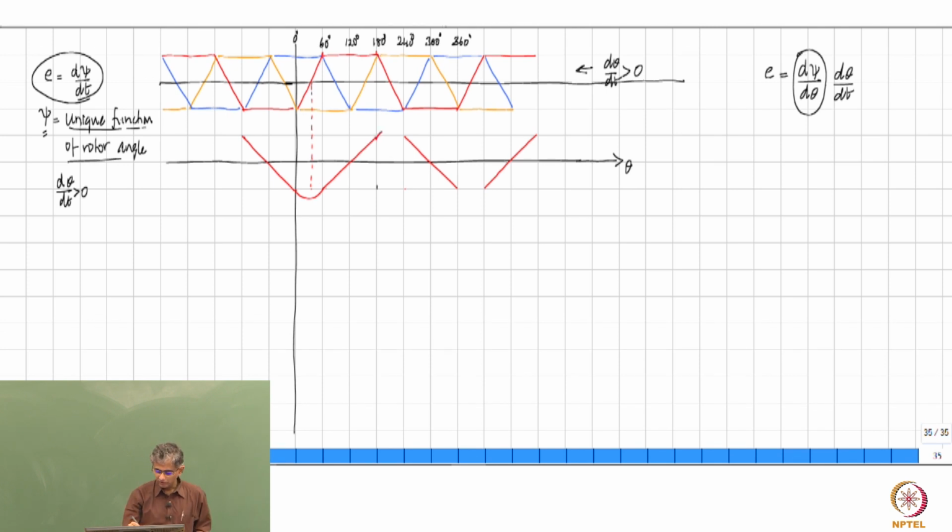Similarly, this plot will go like that and come over here where this is the 0 instant. This will then come like this and go where this is the 0 instant, and so on. So this will go like that, like this. What will happen to the waveform of y? That will also be very similar to this, except that it is phase shifted.